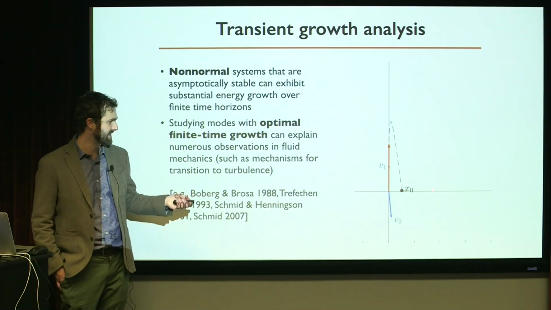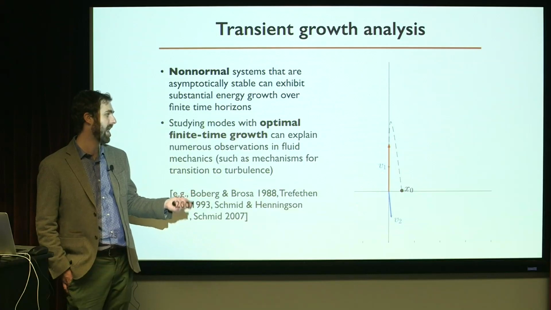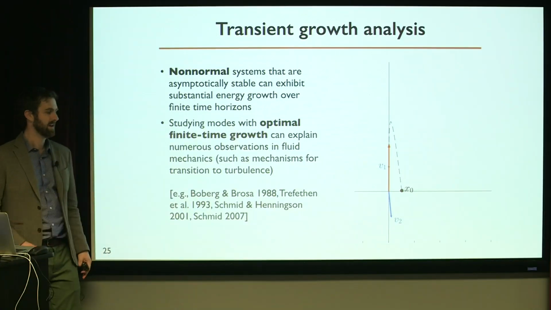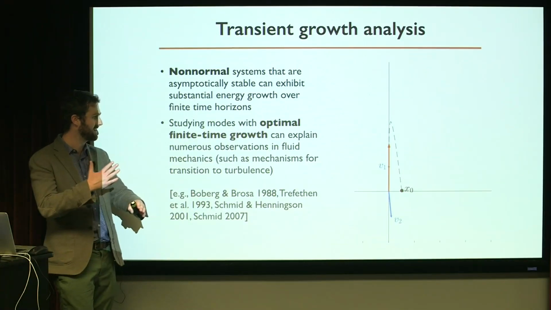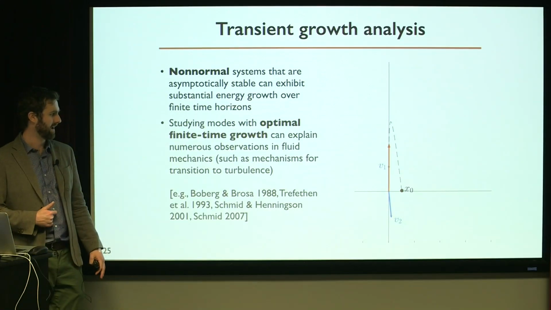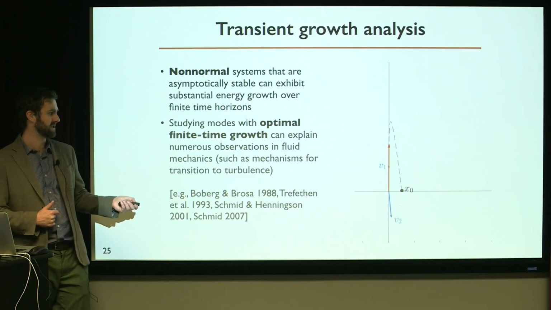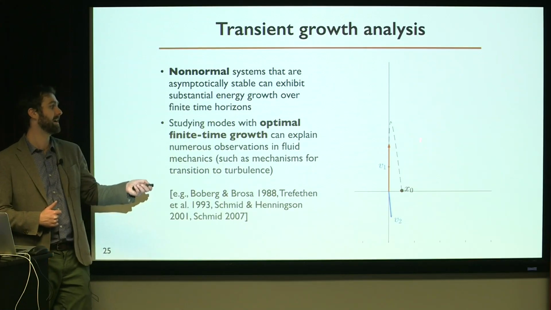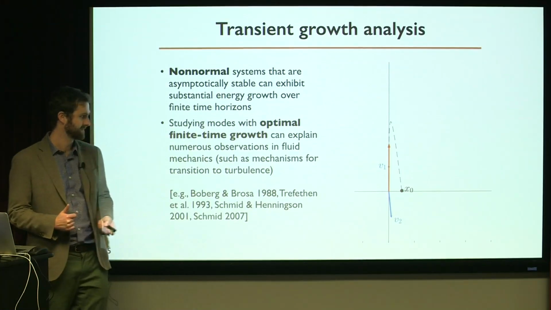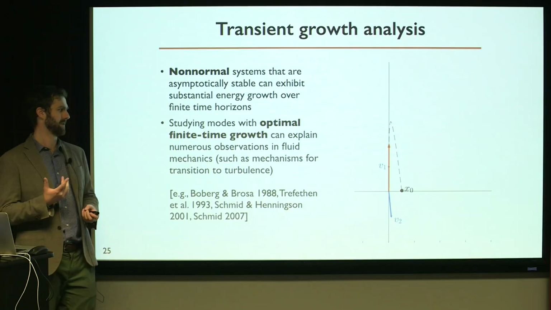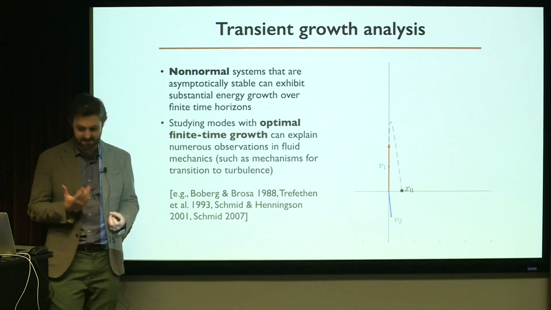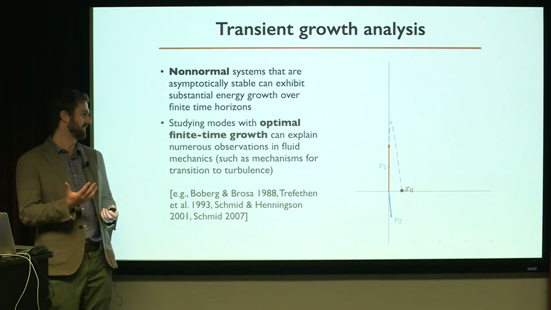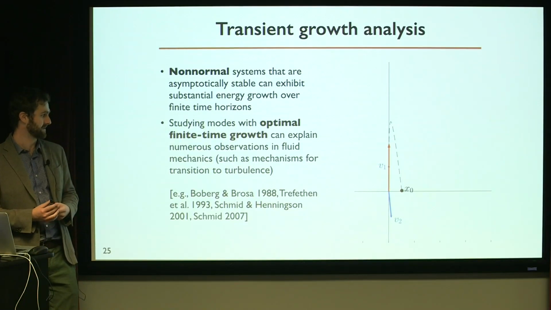And the reason for this comes down to having eigenvectors that are not orthogonal. So you might have two decaying eigenvectors, the components, each of which are decaying over time, but whose sum grows before it decays. And this goes beyond a simple toy problem, because it turns out in fluids, there are many cases where